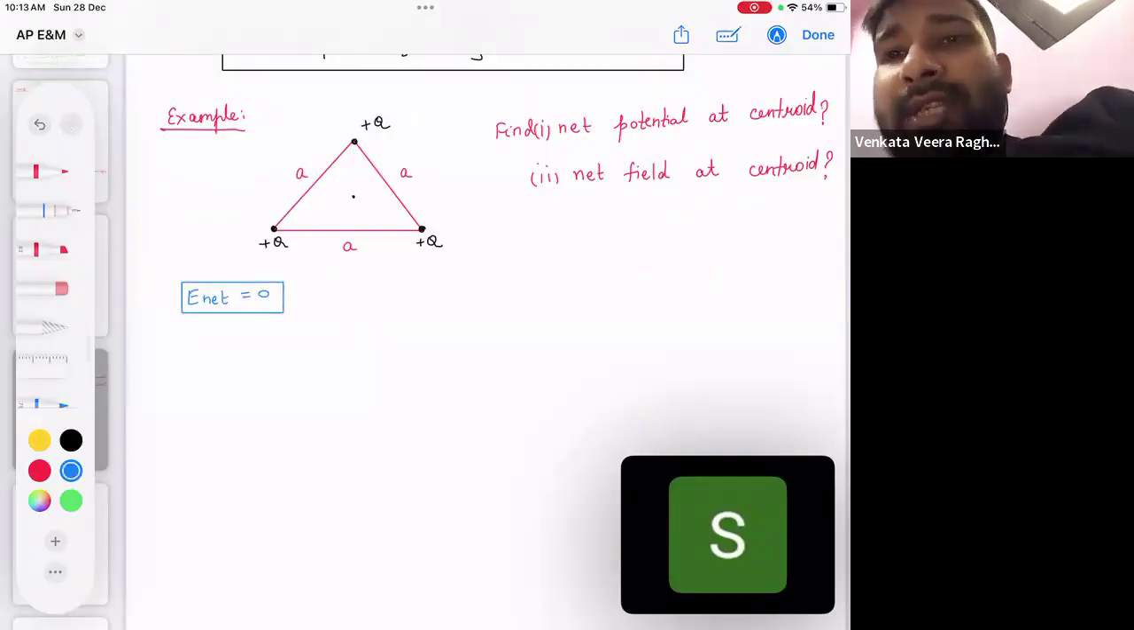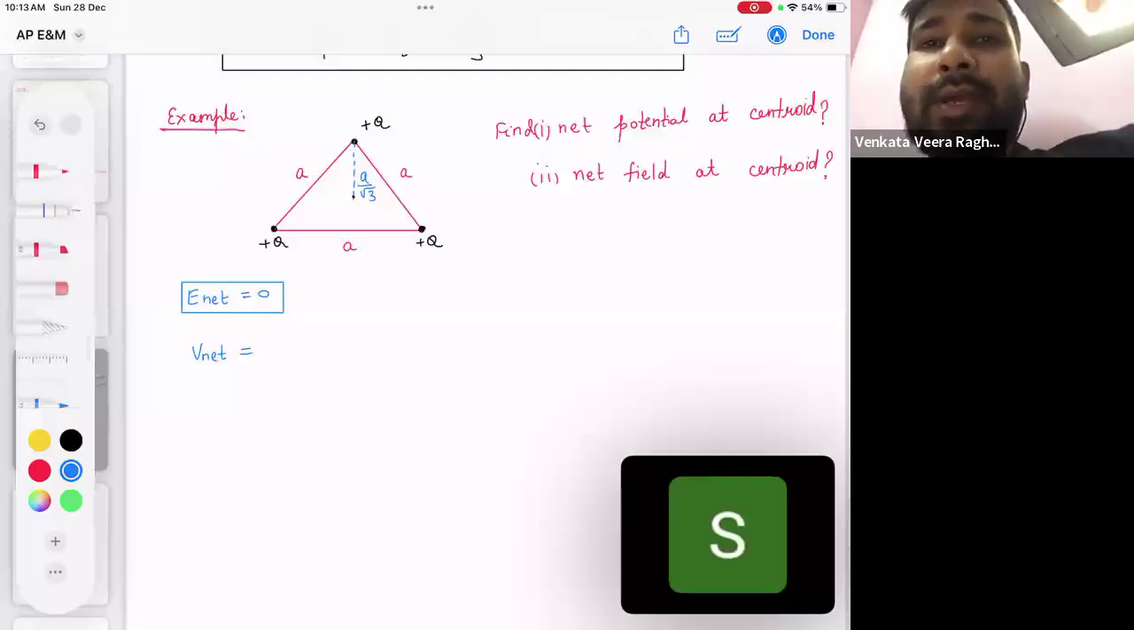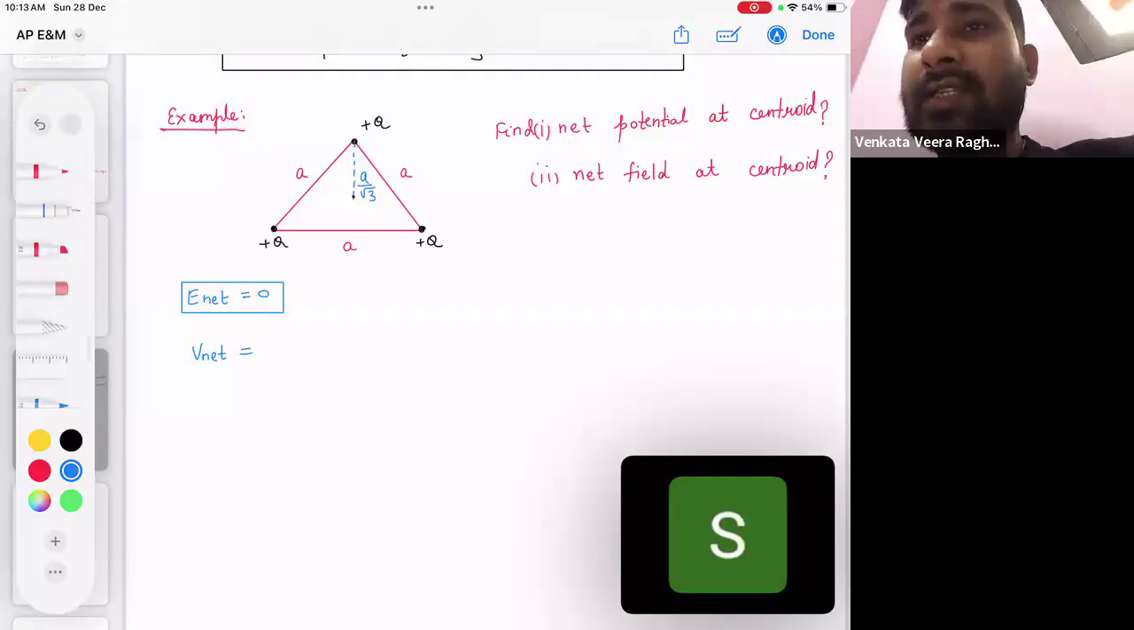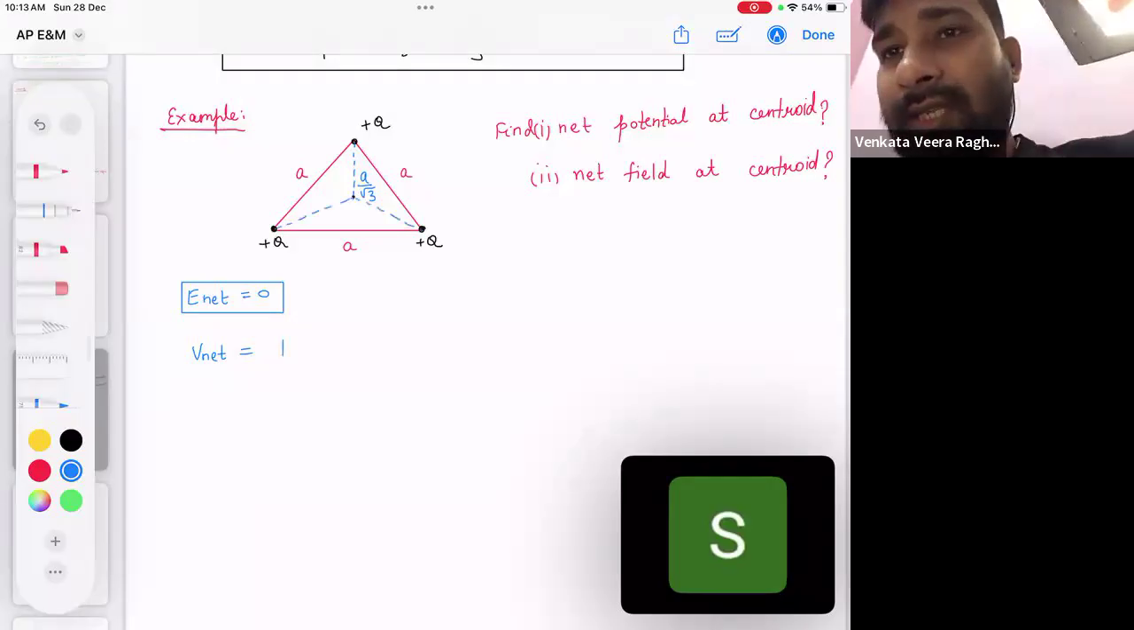And what will be the net potential? So the net potential will be, tell me, centroid to vertex distance. What is that? A by root 3, right? The distance from the centroid to the vertex in an equilateral triangle. How much is that distance? That distance is A by root 3. So can we write it as KQ divided by A by root 3,